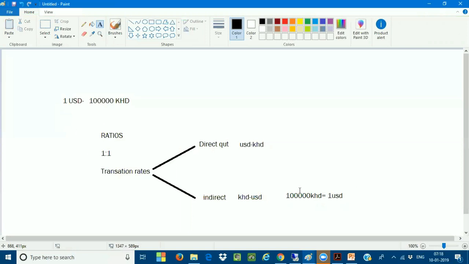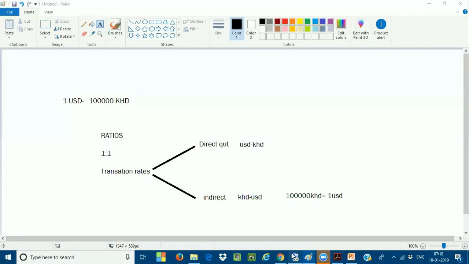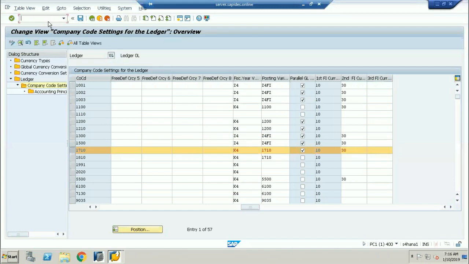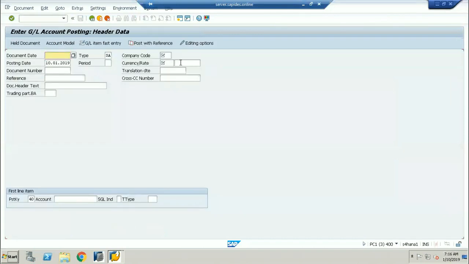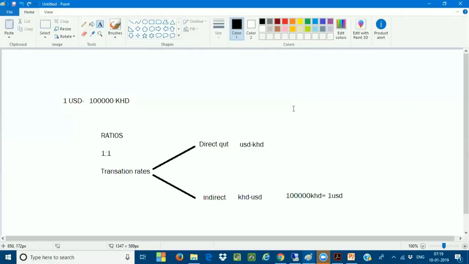If you have not entered the translation rates, Mr. Mahesh, what do I have to do here? Directly at the time of posting, for example, if I attach 02, there is a field called rate, USD, the dollar value, 1 point something, whatever, you can enter manually in this particular field. The rate can be entered manually here. This is what you have to do when you are posting the transactions between the local currency and the foreign currency. Clear? Okay, clear.